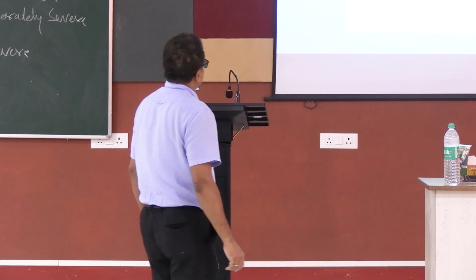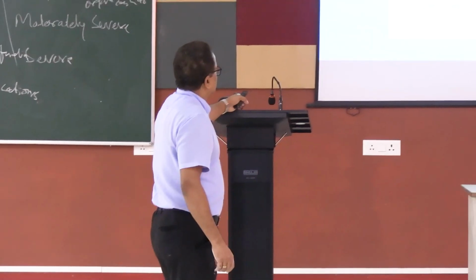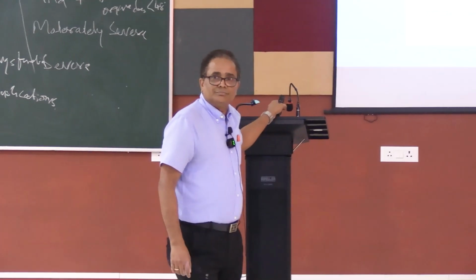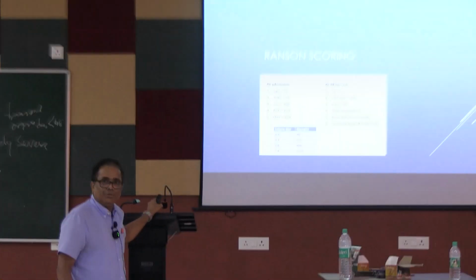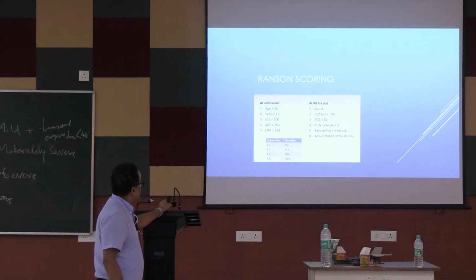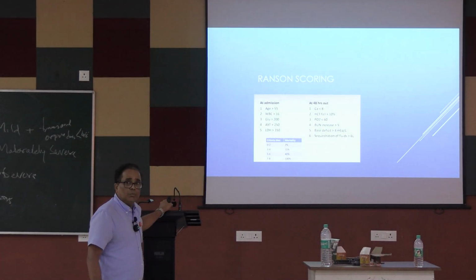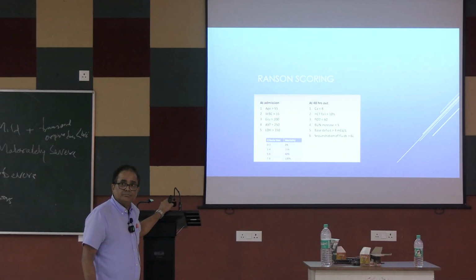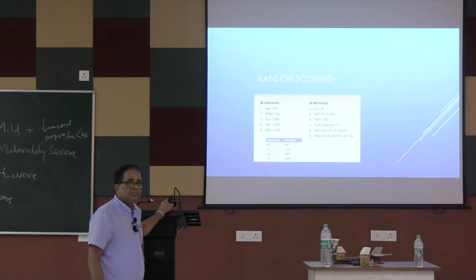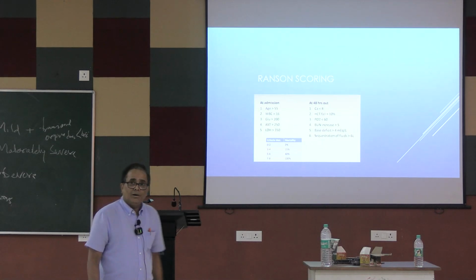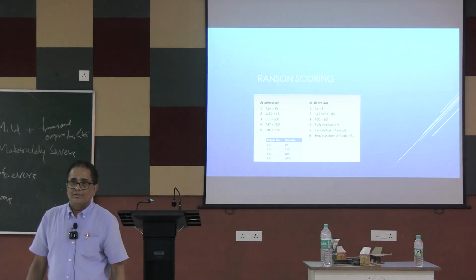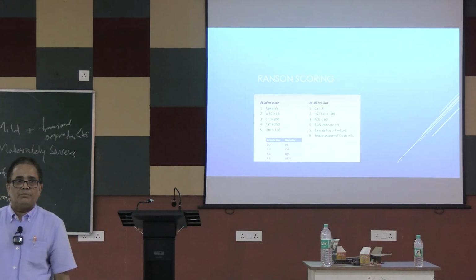0 to 2 is 2%, 3 to 4, if it is, mortality will be 15%. So still better. But if the score is between 5 and 6, the mortality is 40%. But what is important, if the score is more than 6, the mortality goes up to 90 to 100%. So it is very important before you talk